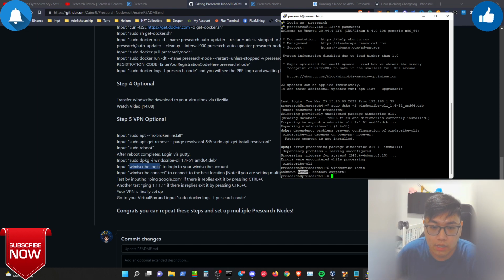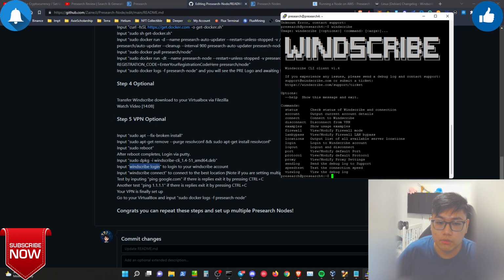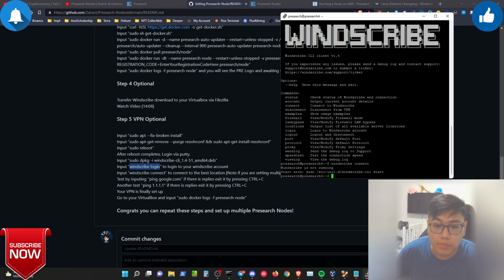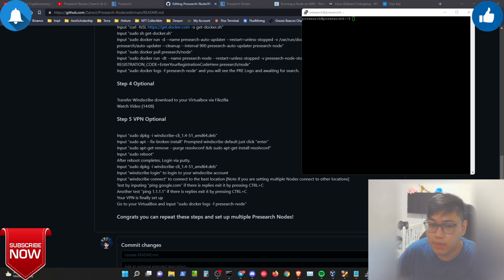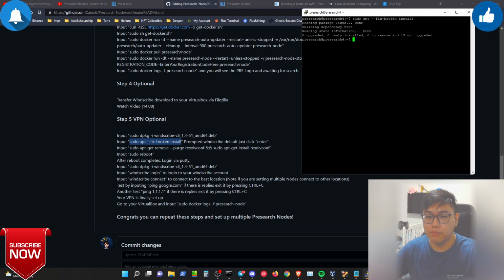So over here it is not supported, so you need to type in WinScript, and over here just type connect. Yep, basically you need to sudo this itself. So my bad, over here we need to input this sudo dpkg install the WinScript file first. Once you have installed the WinScript file, we will need to enter this over here, the sudo apt fix installation, and once you have installed it, you will be prompted with